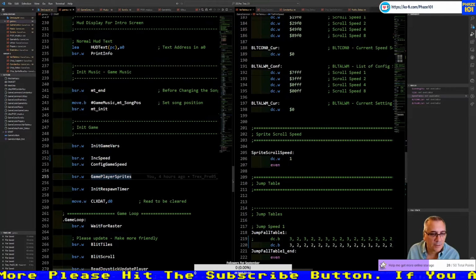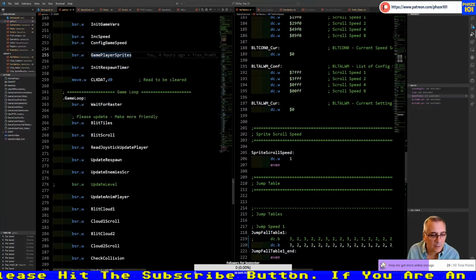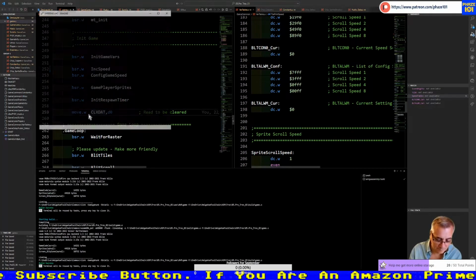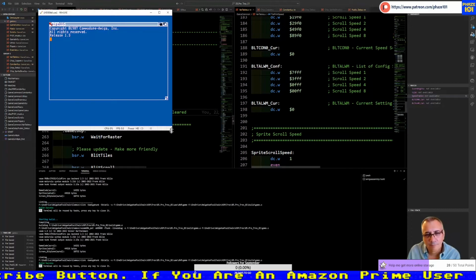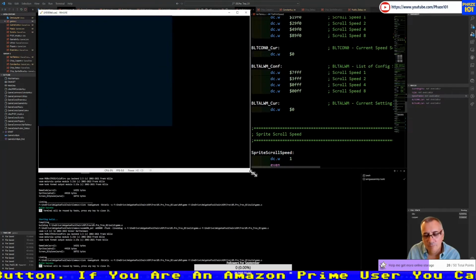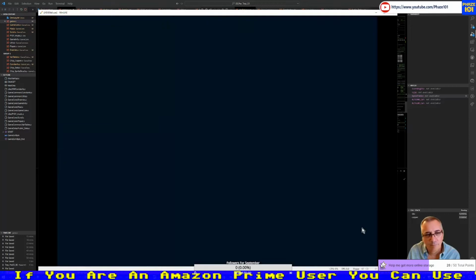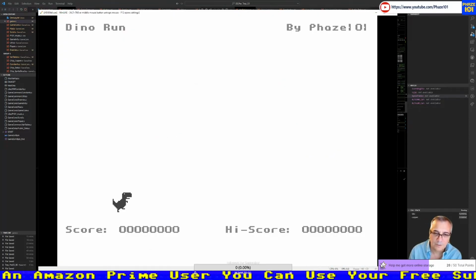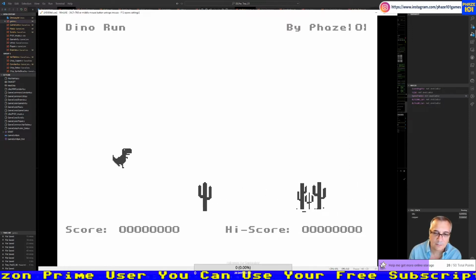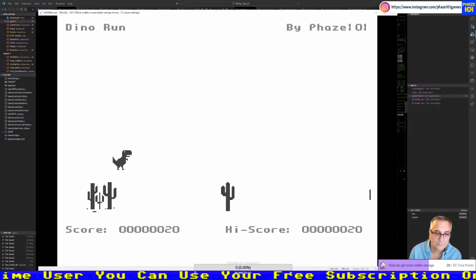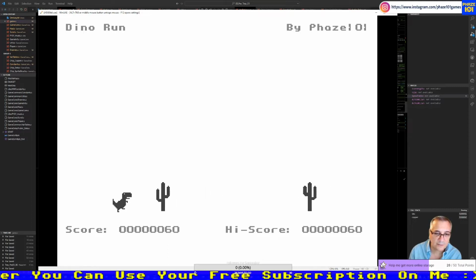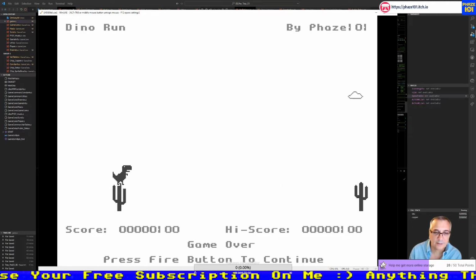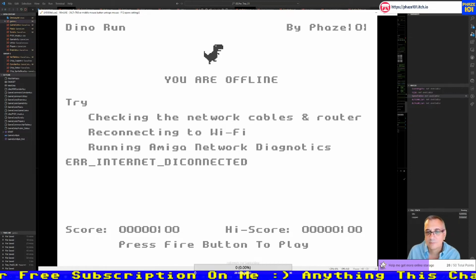So I incremented the speed and it worked. Let's run it again. Okay, now it's not working. So to make it even nice, it's intermittent. Why is it sometimes yes, sometimes no?